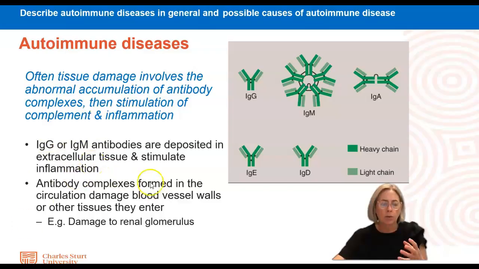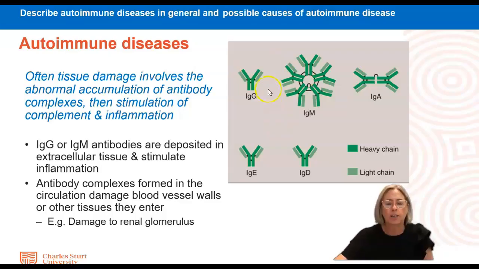Well, here with autoimmune disease, we're talking about IgM antibodies and IgG antibodies. IgM antibodies are these large antibodies here that are the first type of antibody that's produced in response to an infection. And then these IgG antibodies afterwards are the most common antibody that is involved in both bacterial and